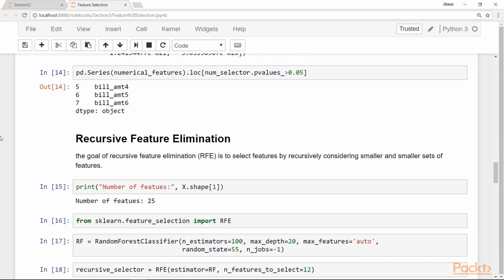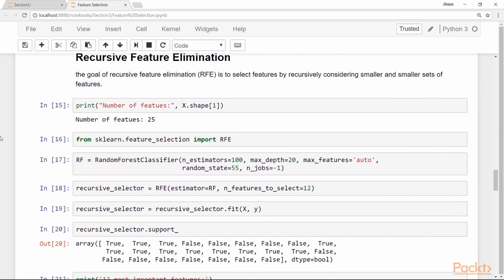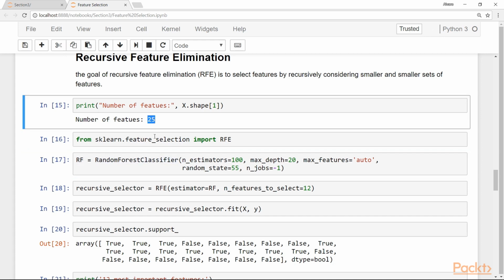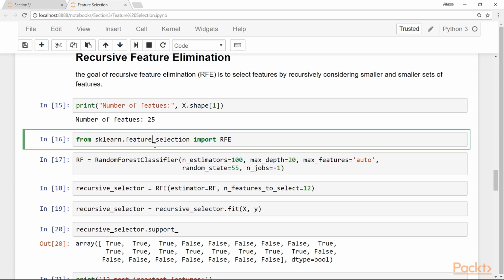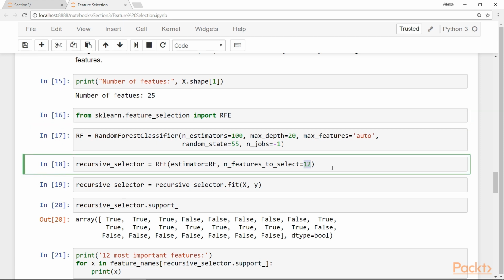Okay, so this was the second technique that we discussed in the presentation, and this is the recursive feature elimination, the third technique. And for this example, we will use the random forest classifier model. Remember that we have here 25 features. Okay, so let's say that we want to select only 12 features. Let's say that we want a model that uses only 12 features, so we are using about half of the